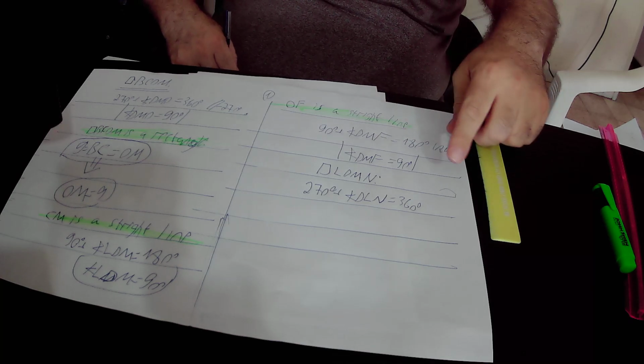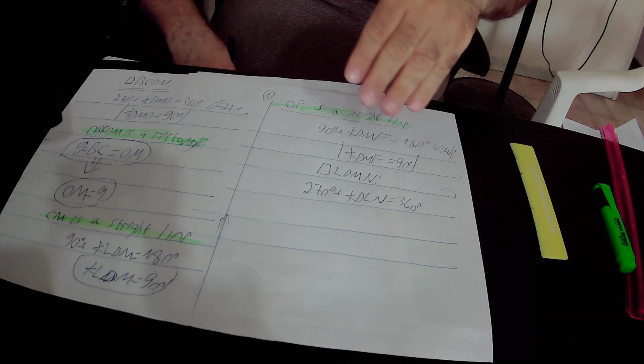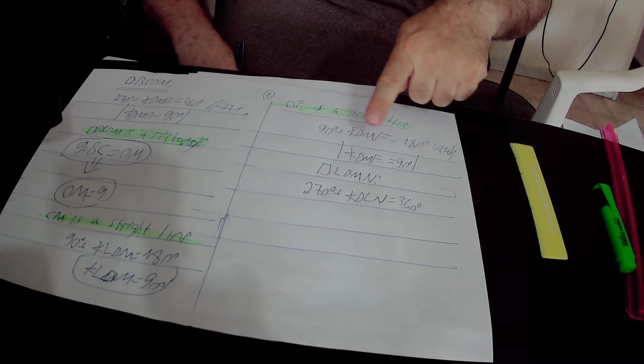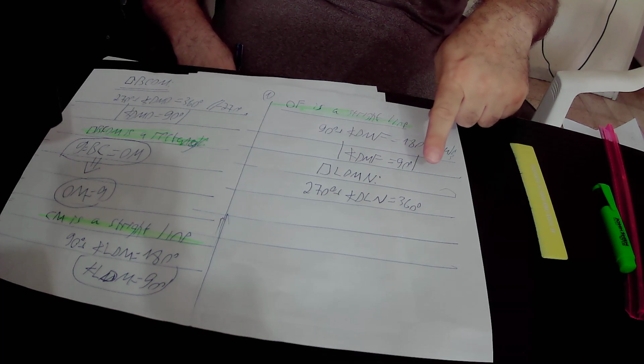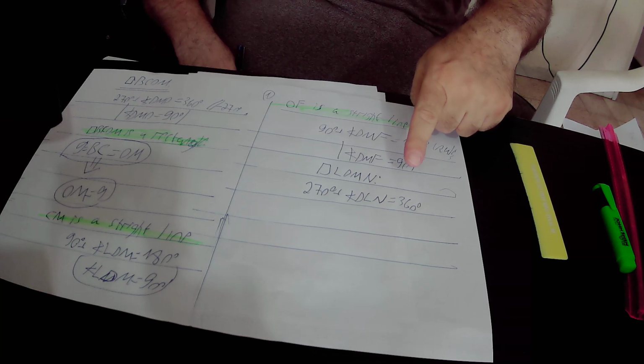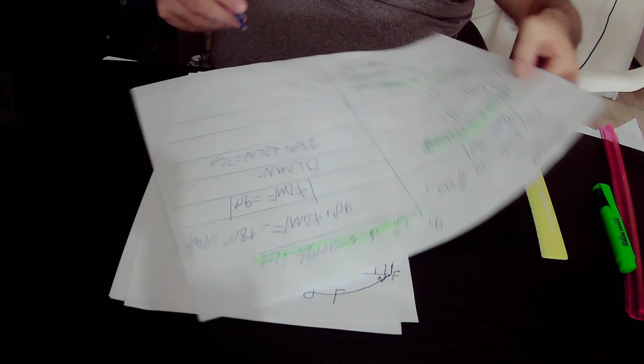Here, this equation expresses the fact that the sum of the angles in quadrilateral LDMN equals 360 degrees. Here we will subtract 270 degrees from this equation, and we get that